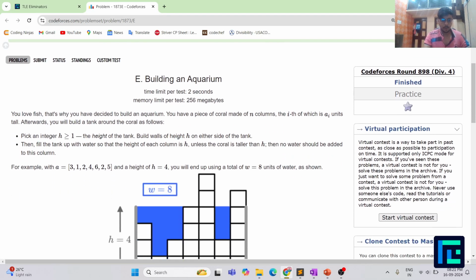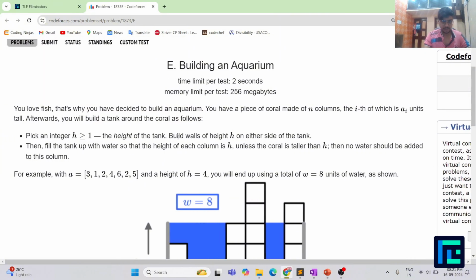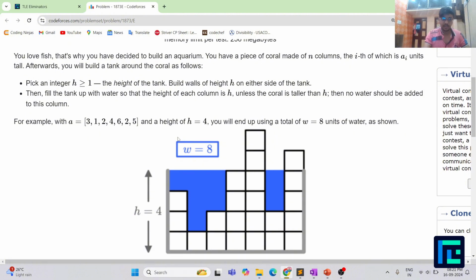So the name of the problem is Building an Aquarium. The problem says that you love fish and that's why you decide to build an aquarium. You have a piece of coral made of n columns, the ith of which is a_i units tall. Afterwards, you will build a tank around the coral as follows. You will pick an integer h greater than or equal to 1, which is basically the height